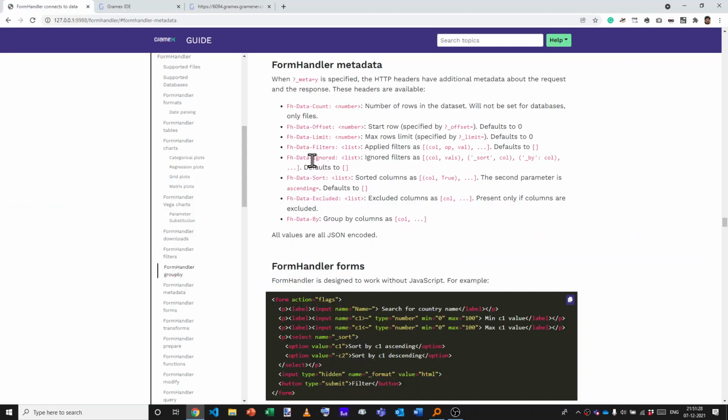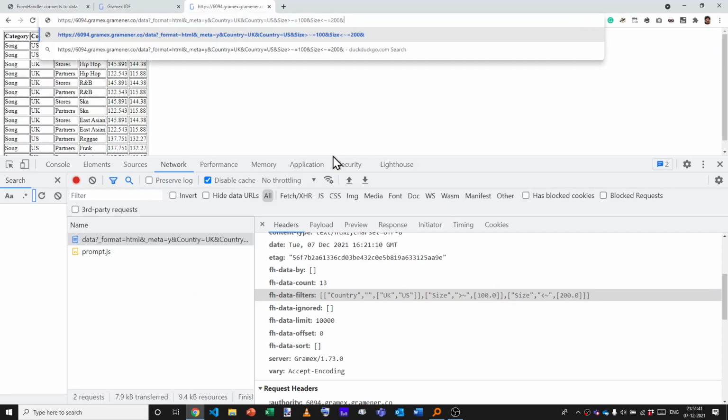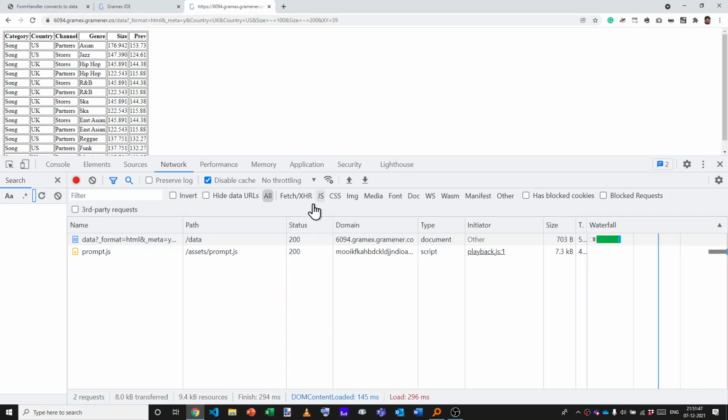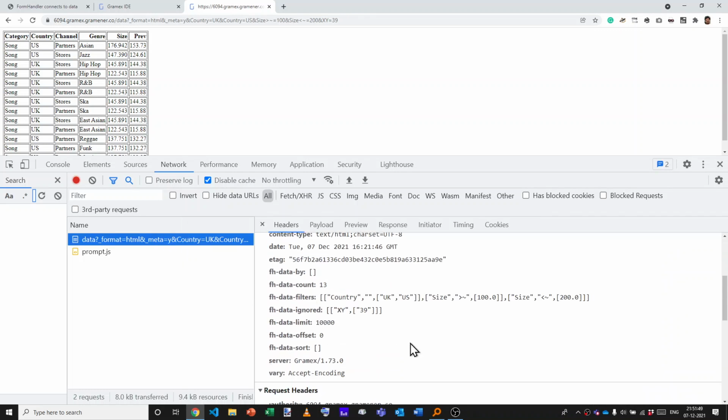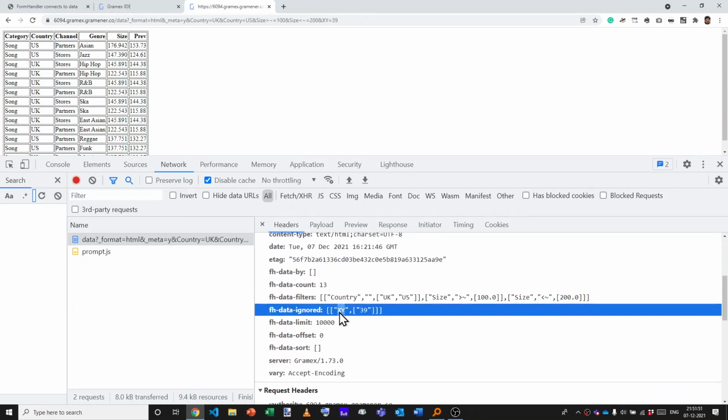That apart, if there are any filters that are ignored, for example, because there's an incorrect column or an incorrect group by or an incorrect sort, then that gets added into FH-Data-Ignored. For example, if I said, let's take a new column name, xy=39, then clicking on this shows me that the column xy was ignored with the value 39.